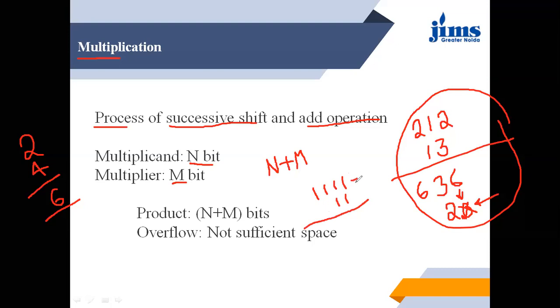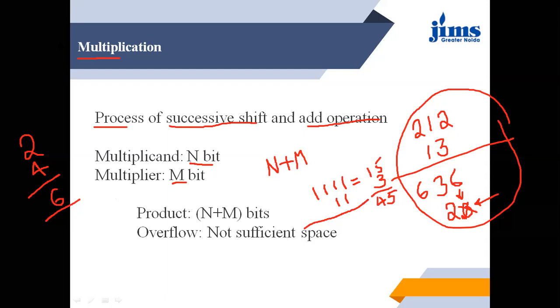Then the maximum 4-bit number can be 8 and 4, 12, and 2, 14, and 1, which equals 15, and the 2-bit maximum is 3. So when I multiply 15 by 3, it will be 45. Now when I write 45 in binary, then this will be